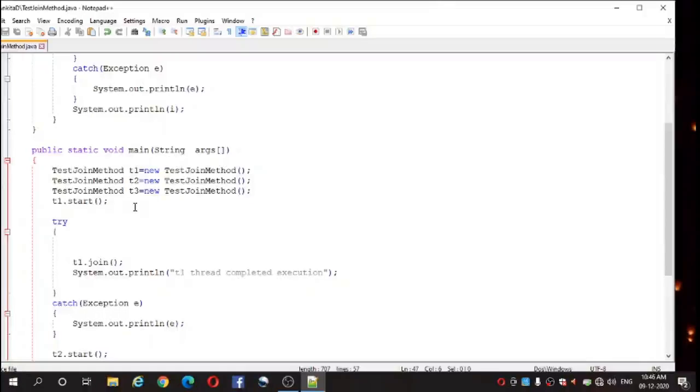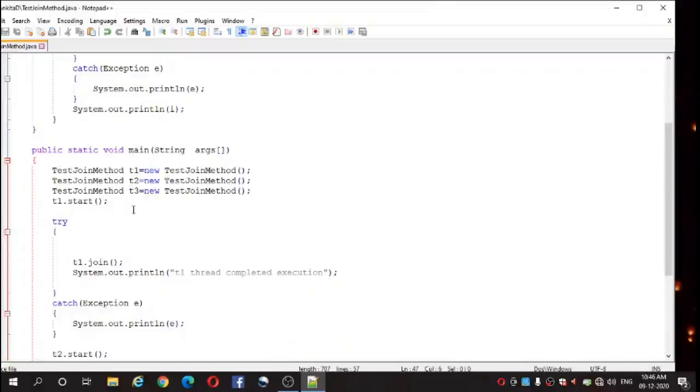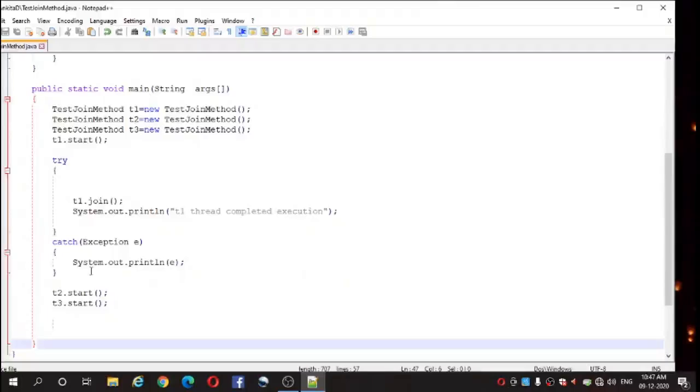When you extend the Thread class, each thread creates a unique object, that is T1, T2 and T3, and associated with it. Then with the help of T1.start, we cause this thread to begin execution. Then we have a try and catch block.